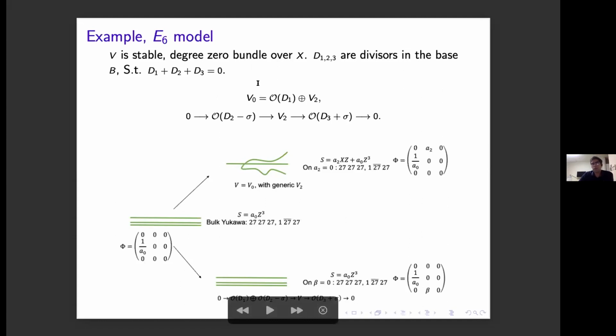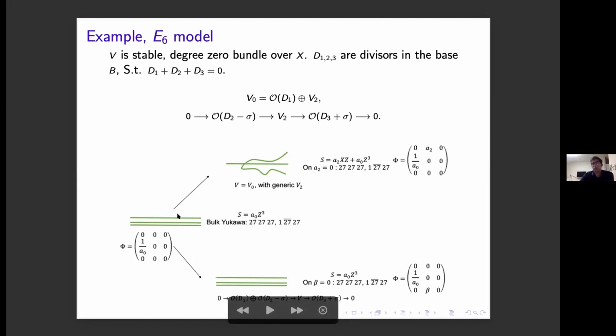Now, suppose the vector bundle is initially given by this direct sum, where V2 is just an extension of two line bundles. If this extension is non-generic, we can show that in some special cases, the spectral cover actually becomes degenerate. And the Higgs field inside the F-theory model is actually given by this 3x3 matrix. And there are some bulk Yukawa modes, the Yukawa modes actually coming from the bulk